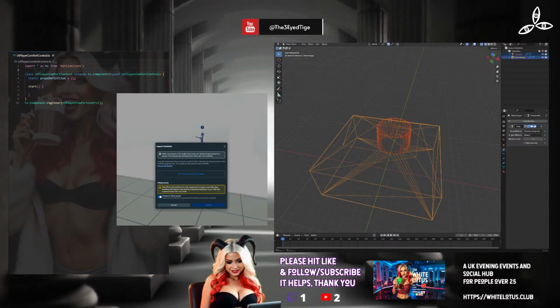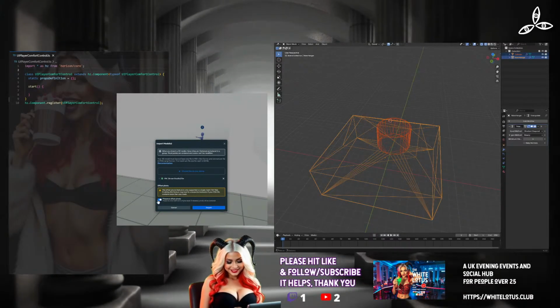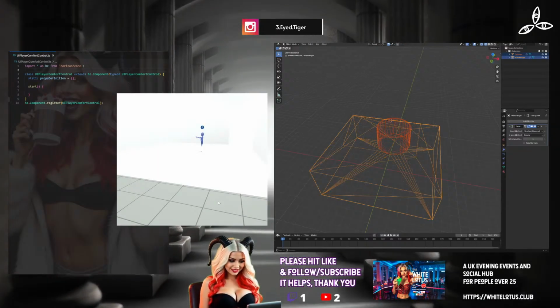Right. Let's open that again. Turn off the offset pivots. And then...